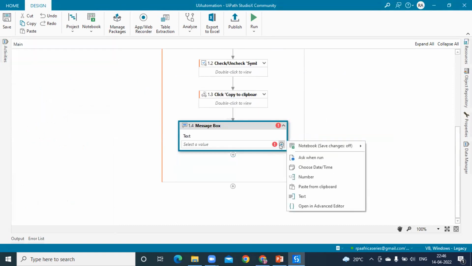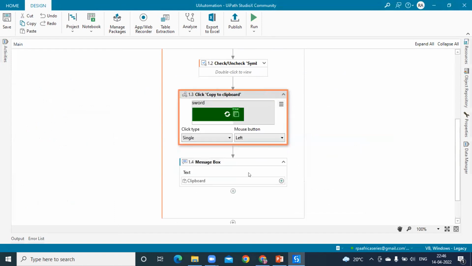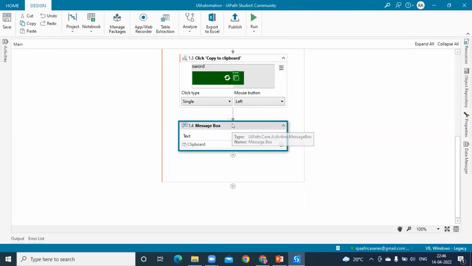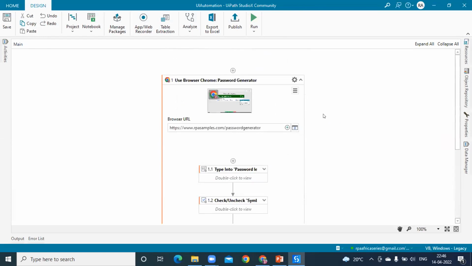So I'll click on the plus button and say paste from clipboard, because when we click on this icon, let me show you, when we click on this icon, which says copy to clipboard, your value will be copied to the clipboard, and we want to display that value in the message box. So this is where the message box will come, and we want to display that value, right? So this is another feature of StudioX, the Web Recorder, to create your